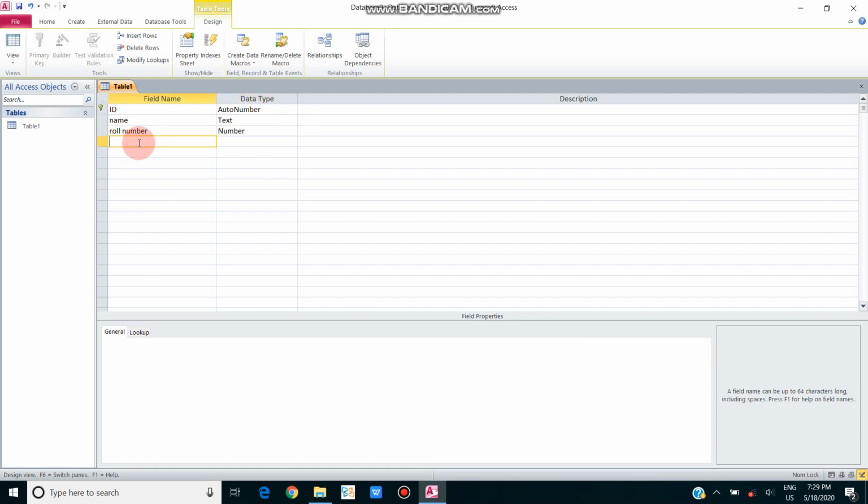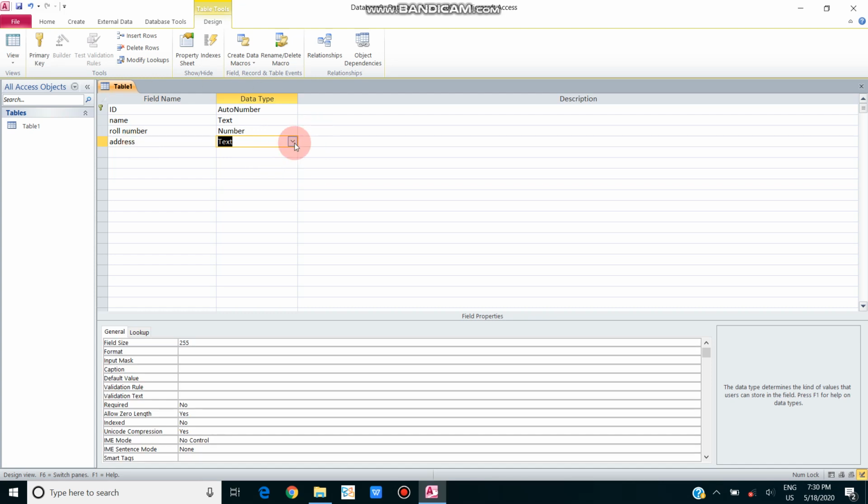The next one is, if we ask the students for their address, address can be in numbers, and it can also be in words. It can be in anything, numbers or anything else. So we will select memo here.